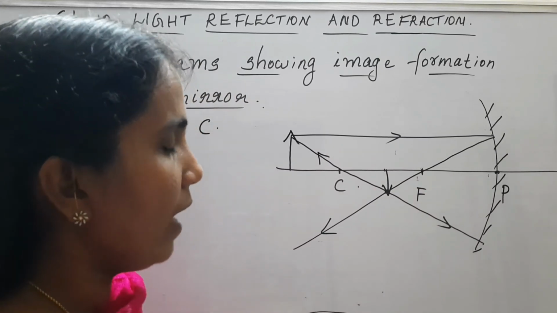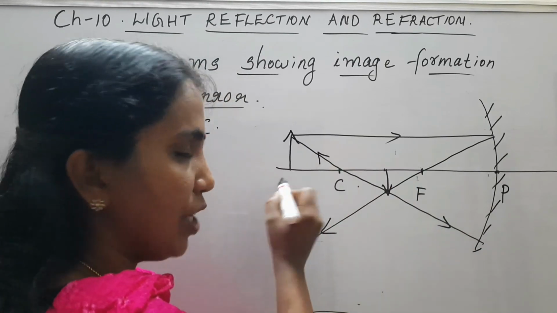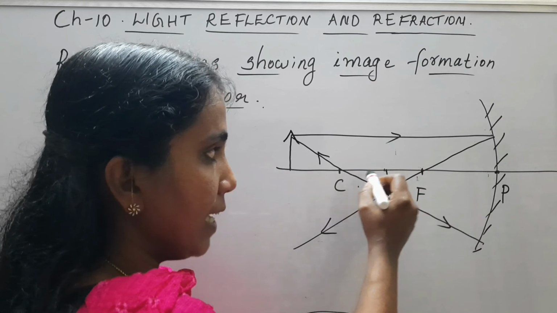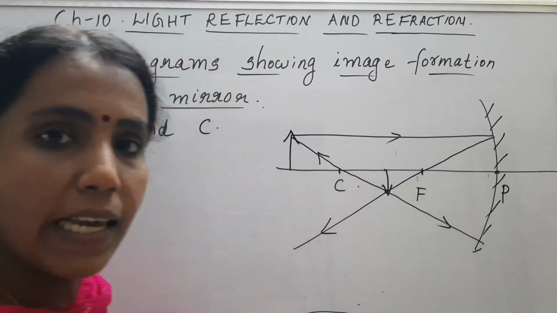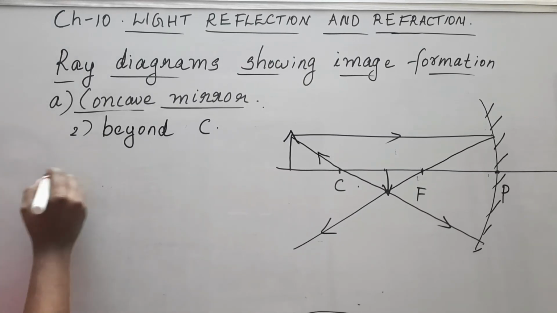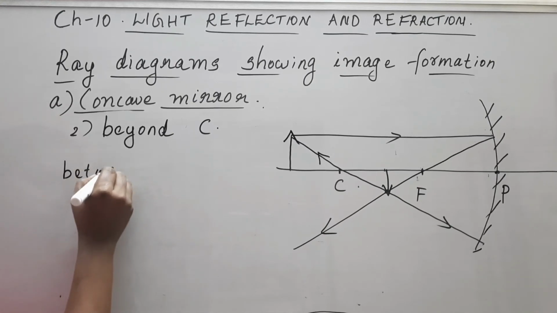Okay, so where lies the image? Between C and F. We kept the object behind or beyond C, and we are getting the image between C and F. Between the center of curvature and the principal focus, we are getting the image. So we can write the position of the image is between C and F,